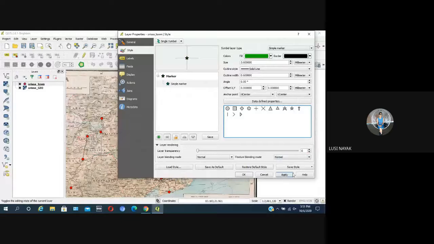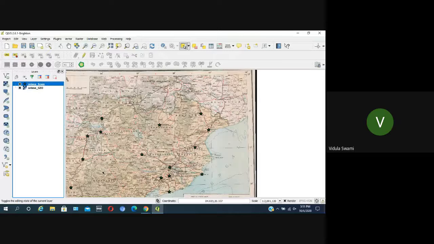Okay. I did it now, in the same way, sir. The design of the symbol of the point, not just the color, everything has changed. So everybody try this. In the content box, select the layer, right click, go to properties, go to style, try to change the color and design and size, everything. Is it okay now, everybody?